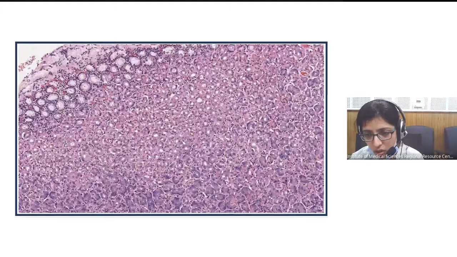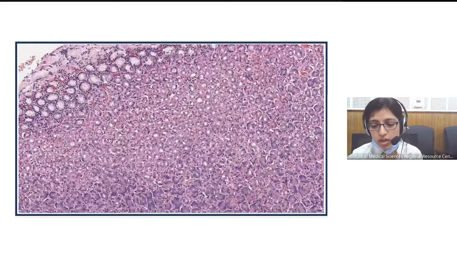So here we are seeing many of these blue appearing cells. When we see these blue appearing cells, it implies that this is the cross section from the base of the gastric glands, and here we are seeing a lot of pink cells, and these are all the parietal cells that secrete acid. So the blue cells are the chief cells that secrete the peptic enzyme, the chief cells are zymogen cells, and the pink cells are the parietal cells that secrete acid.